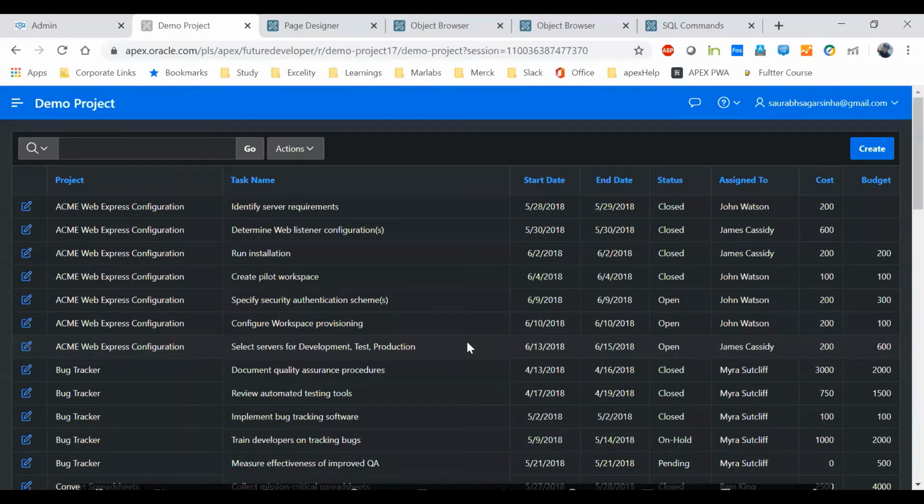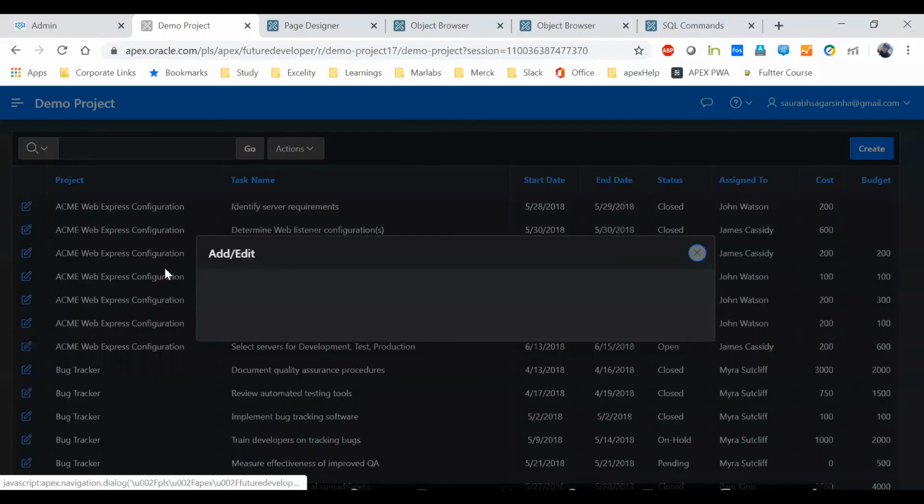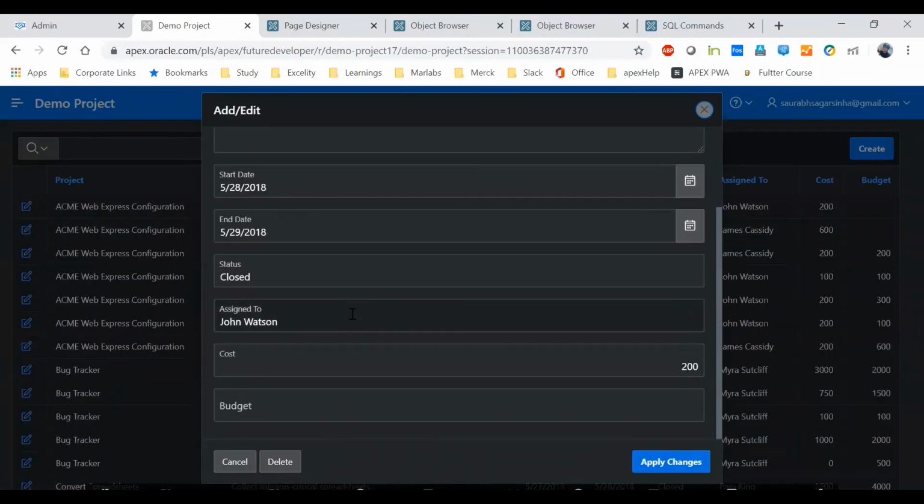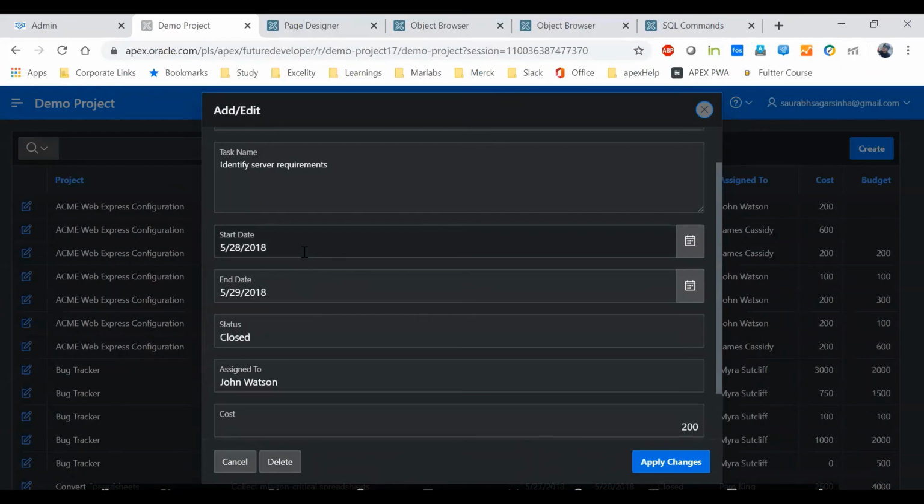Yes, we can edit that, but let's say you want to give some heavy validation. I click on this and a form is opened. Now what I want is that a user should enter only today's date. I don't want them to enter yesterday or tomorrow. I don't want them to be flexible with it. Those kinds of complex validation can be given in this interactive report. Okay, I got it.